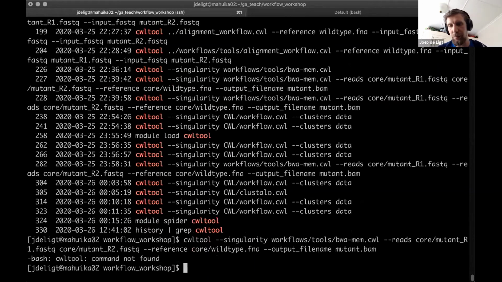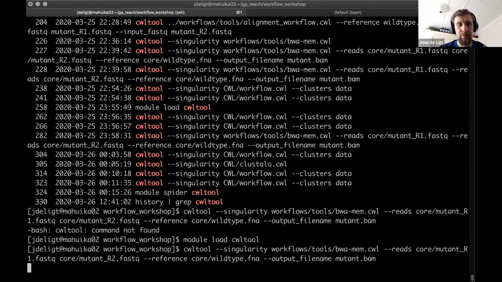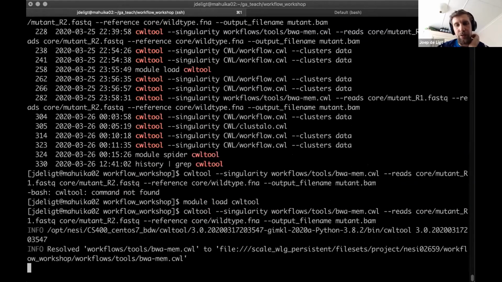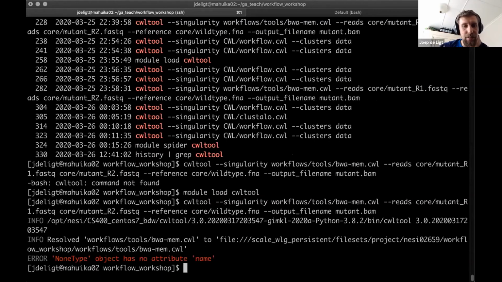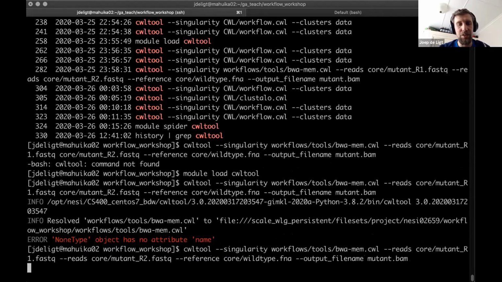We haven't loaded the modules yet. Very good. Module load CWL2. There you go. So what this will do is it will start the workflow, and it will look for the files, and because I didn't specify the reads a second time, as I should have,